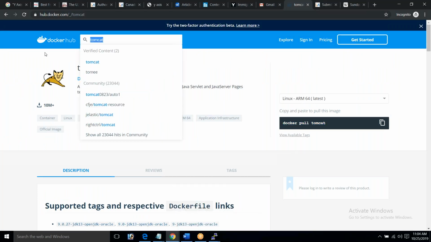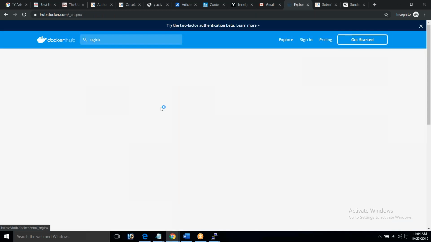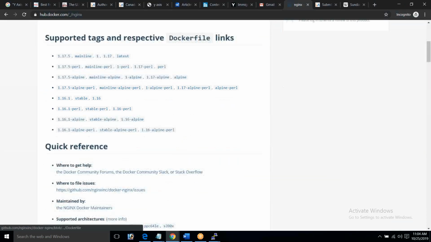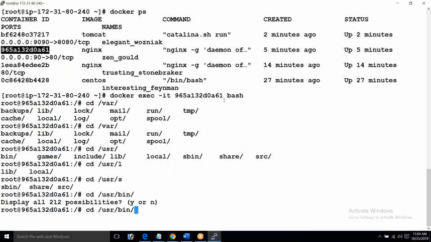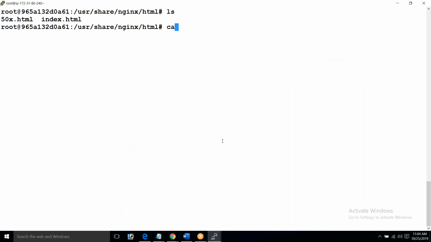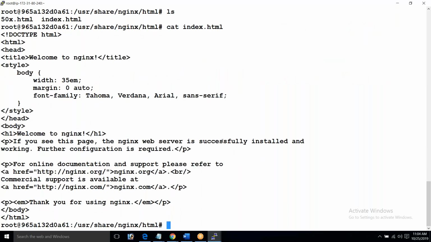We'll get the information here only. /usr/share/nginx/html, enter, ls, cat index.html. This is the file that we are getting there.